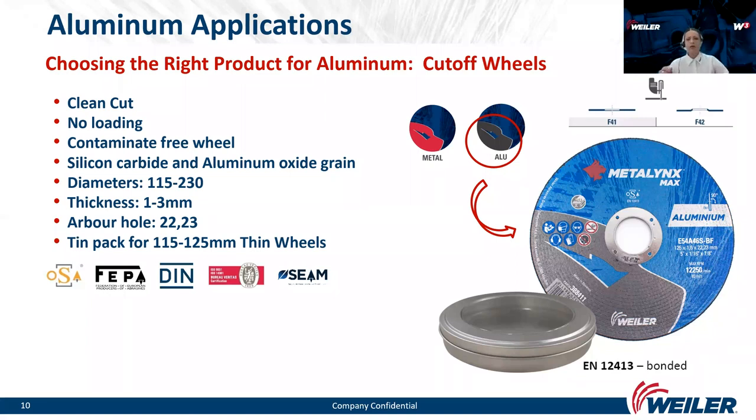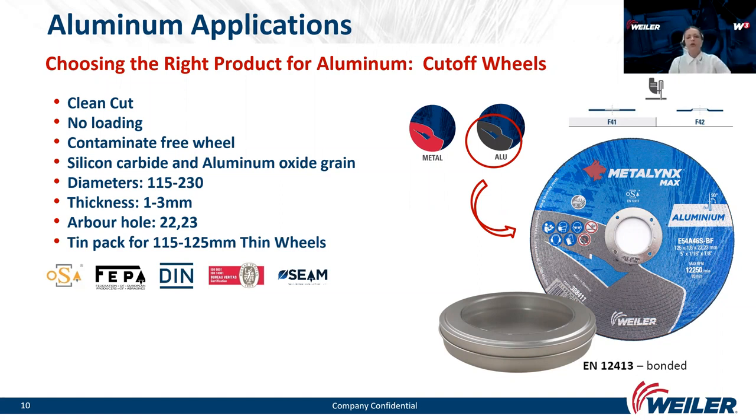So now that we got that covered, just one quick tip on how to easily spot the Metalinx products that are meant for cutting or grinding aluminum. The Linxis head here is marked gray, and for instance, the products that are meant for cutting or grinding regular steel are colored purple, and so on.